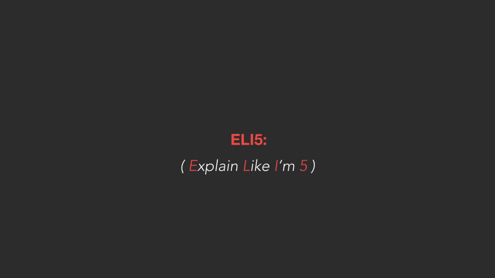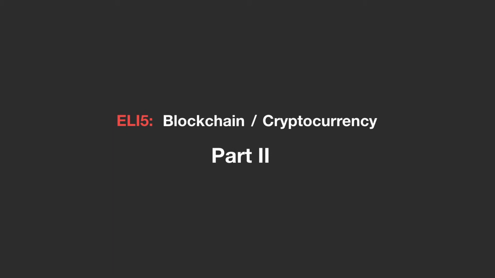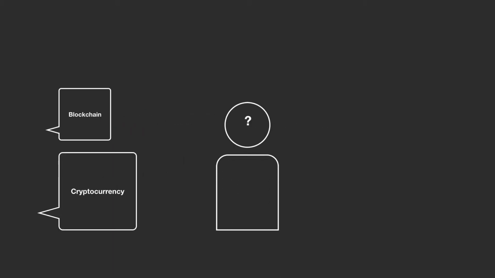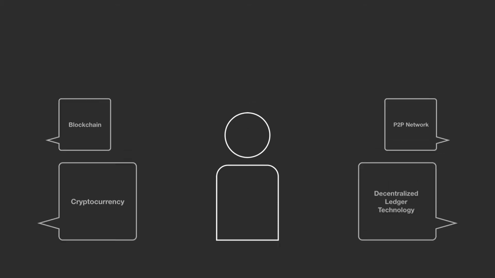Explain like I'm 5, blockchain and cryptocurrency, part 2. All right, so in the previous video, we talked about the terms blockchain and cryptocurrency, but in conjunction with a couple other terms, peer-to-peer networks and decentralized ledger technology. And the goal of the last video was to help those of you who are unfamiliar with what's going on with blockchain and cryptocurrency to better understand